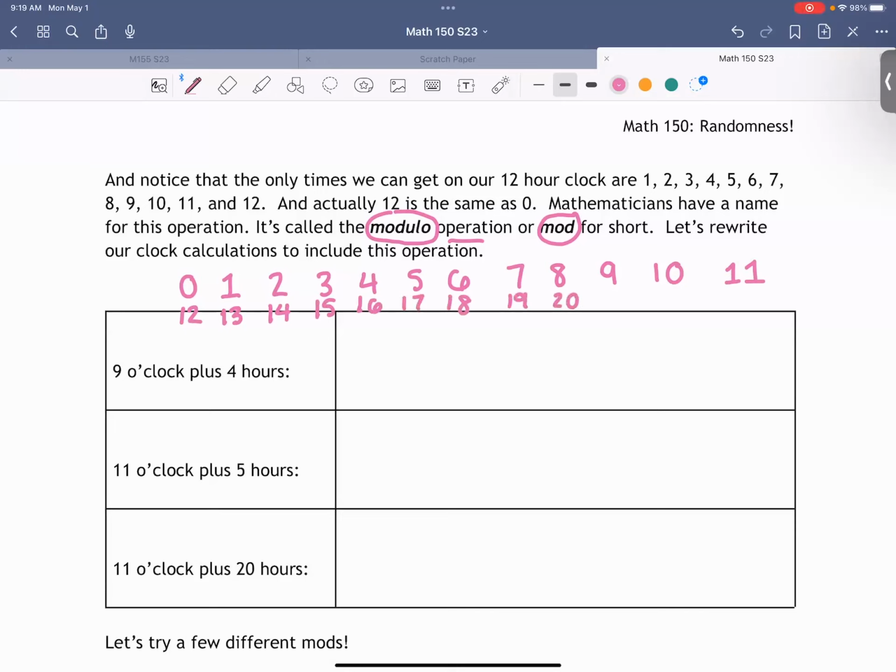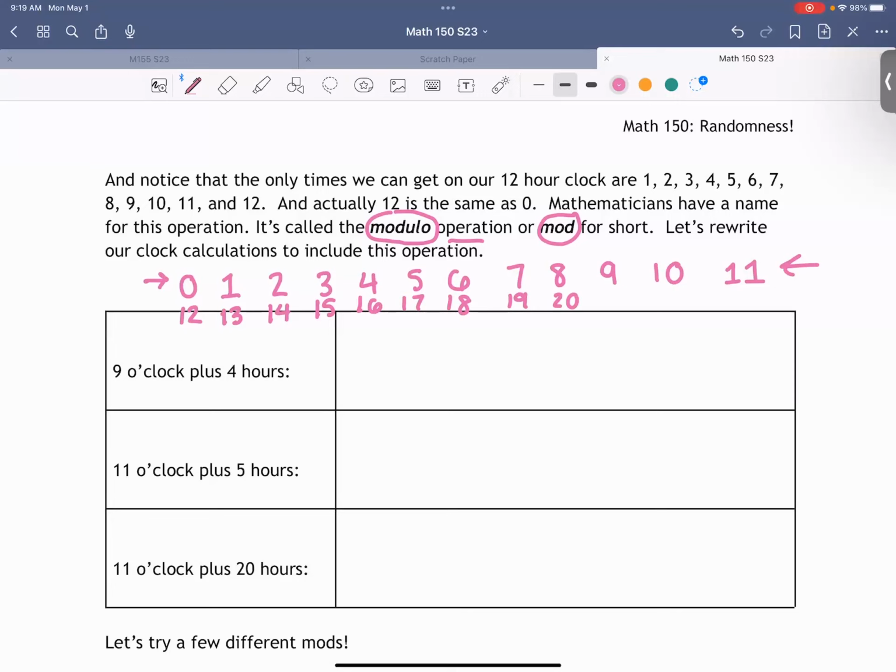So basically what you do is you take a number and you subtract 12 in this case over and over and over again until you get either 0, a number between 0 and 12. Does that kind of make sense? Okay, if it doesn't, I promise we'll do a lot more practice with this, so don't worry yet. What you're gonna do is you're gonna subtract 12 over and over again until you get a number that's either 0, 1, 2, 3, 4, 5, 6, 7, 8, 9, 10, or 11. Okay, but 12 doesn't count.